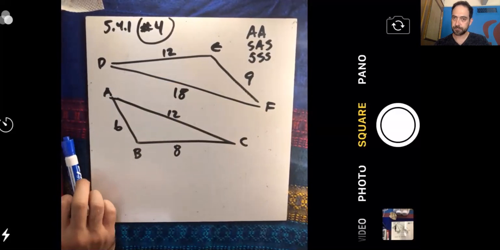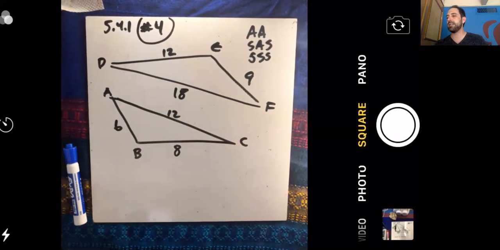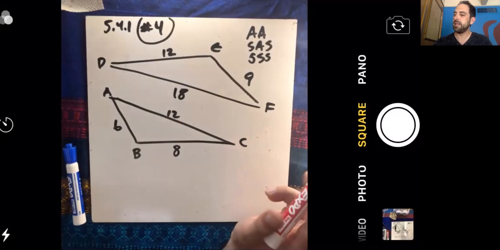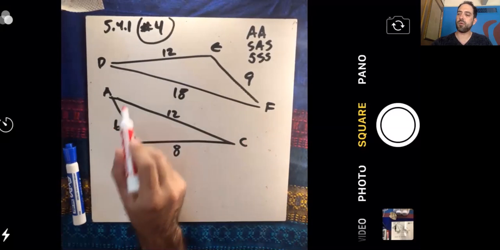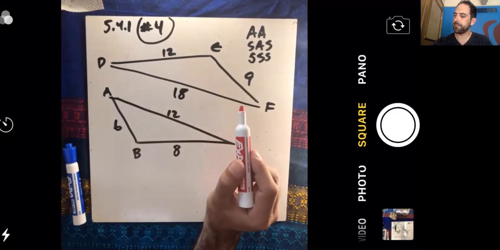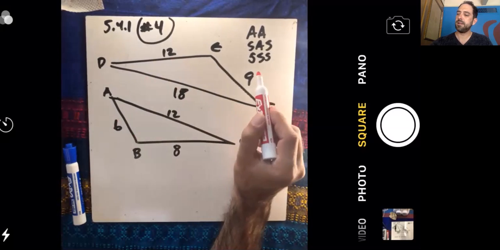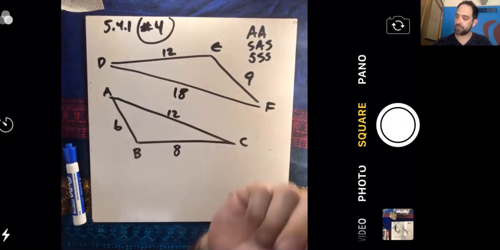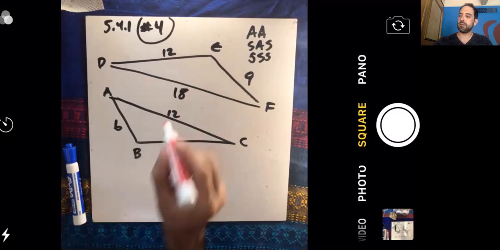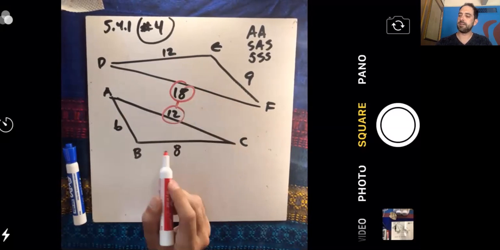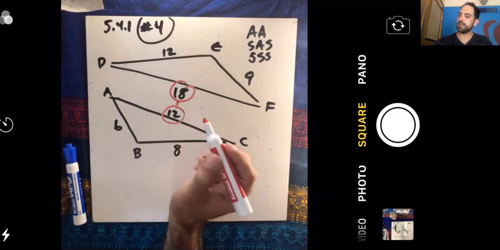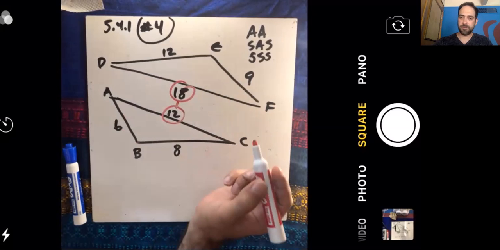Now, in looking at that, we have to see if the corresponding sides have the same ratio. For instance, if 6 and 12 were both corresponding, or 6 and 9, 6 would grow to be the same size as 9, as 8 would grow to be the same size as 12, as 12 would grow to be the same size as 18. So I've kind of done that for us. I've corresponded the sides. I know that this angle is the largest, so across from it has to be the corresponding side. And then based on the drawing, which isn't perfect,